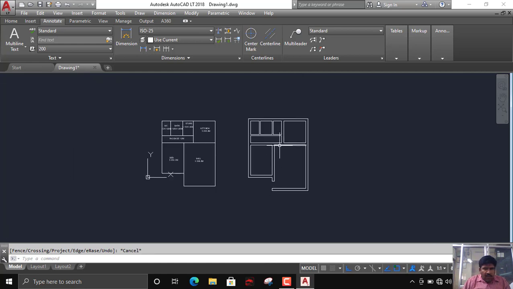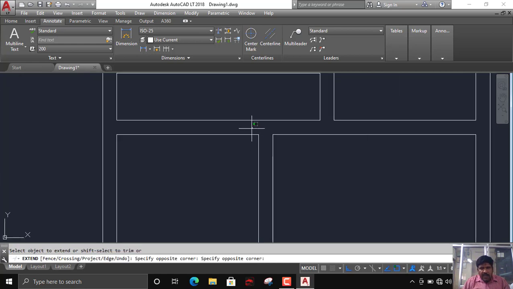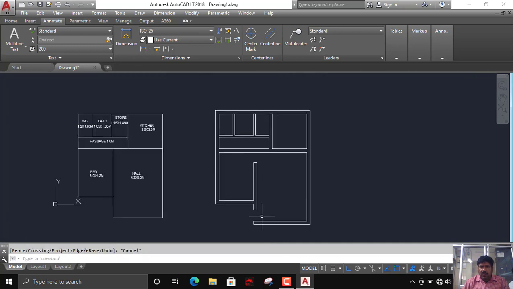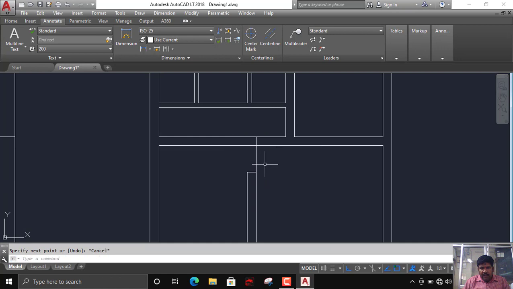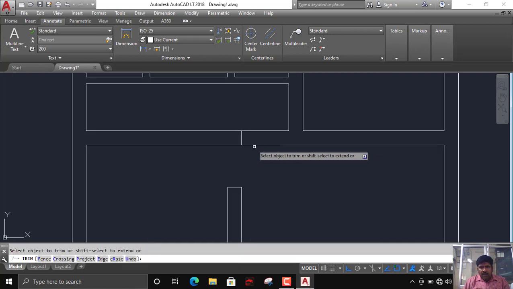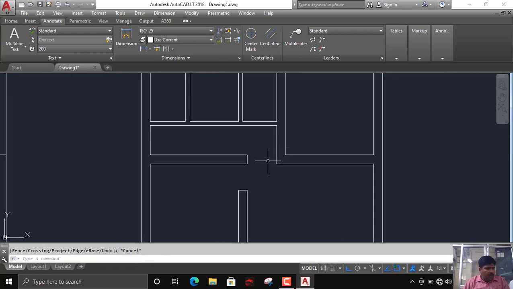And remaining door they have given here. I will just extend this. That door is 900 mm inside door, right? Just trim this. This is the second door. From here door, right? Next is from here they have given some offset of, say, I will extend this. What is the distance? Up to wall, right? Whatever it is, this is third door, right?